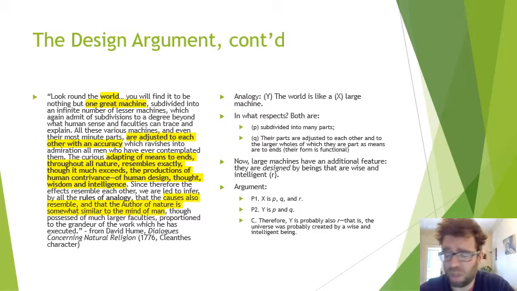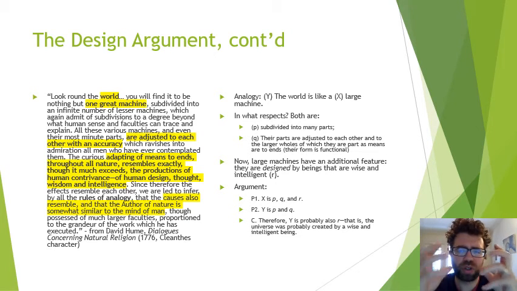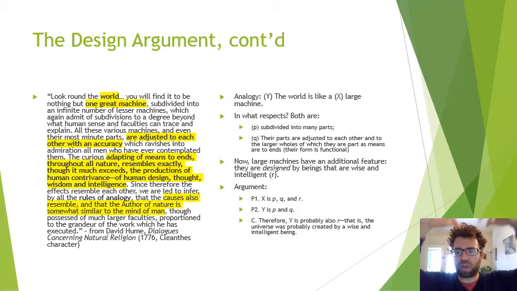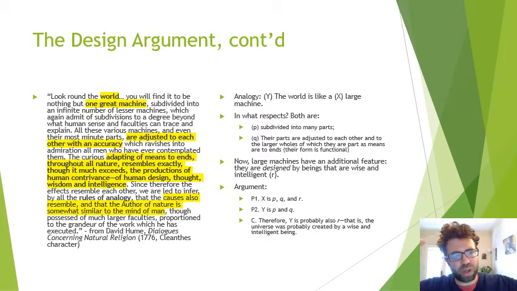subdivided into many parts, and that's pretty uncontroversial. The universe has many parts to it, machines do. I mean, it could be something like an iPhone, which has all sorts of little chips in it, glass, or it could be, again, if it's the 18th century, we're thinking like mechanical watches, right? A lot of little gears turning around. Think of a bicycle, maybe. Many parts. And second point is the parts are adjusted to each other. In other words, the parts are able to function together. They have a kind of functional organization. The parts are able to work together to, or as Cleanthes put it, are adjusted to each other in a